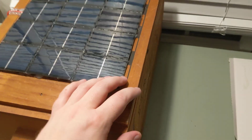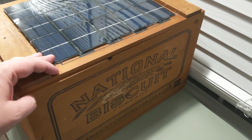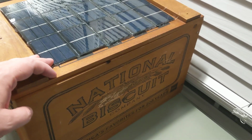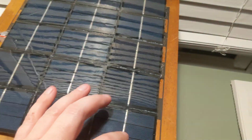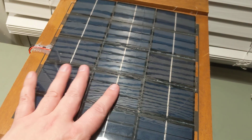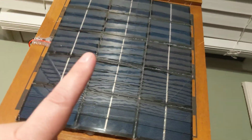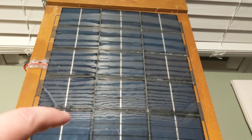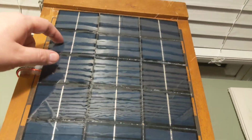Okay, last video on supercapacitor stuff. So this is a Nabisco National Biscuit Company box. 200 years. Anyway, on top of that are 15 1.5 volt solar panels. Wired together in parallel and there's a Schottky diode behind each one of these on the